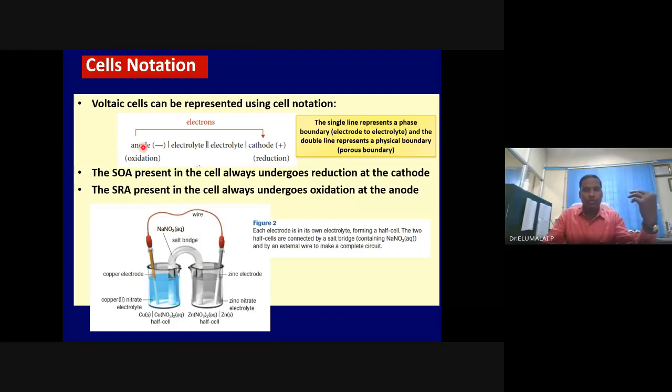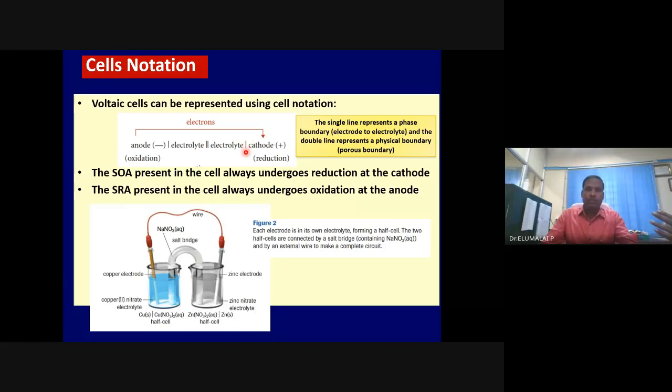Please remember that. And the very characteristic of the electrode is either it should undergo oxidation or reduction, or on some reduction oxidation should take place. Then only we can call those conductors as an electrode. Otherwise, it will remain as a conductor. Okay. So anode, then the electrolyte. Both should be separated by a single solid line. Similarly, cathode is a solid and is in contact with an electrolyte, and they should be separated by a solid